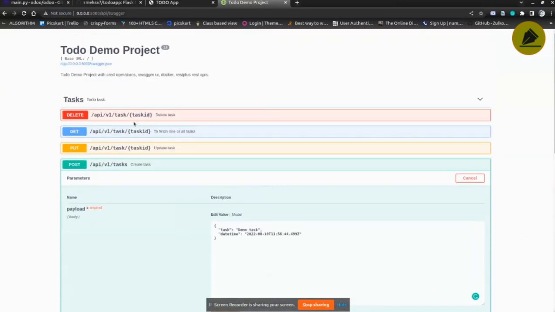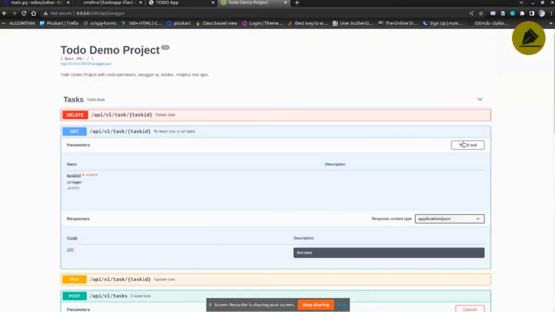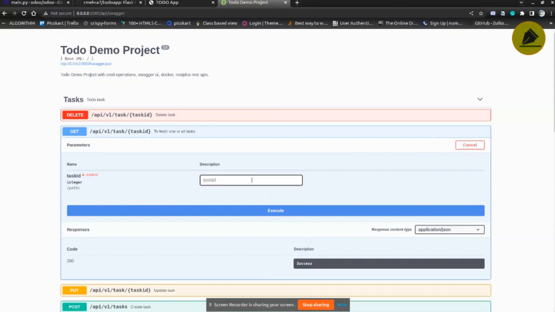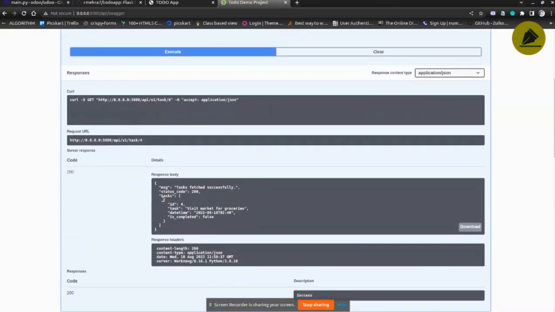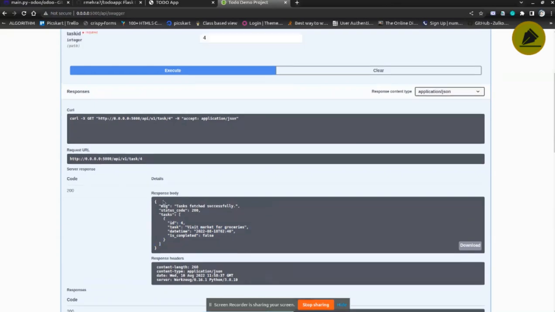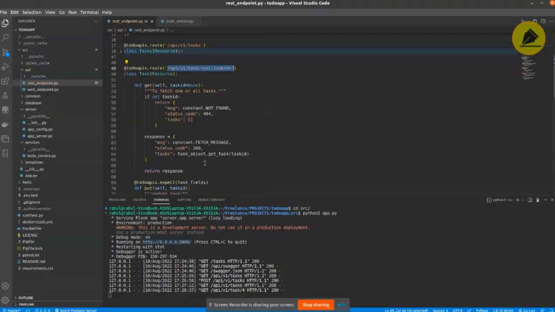For trying it out, here we need to pass which record we want to retrieve. Let me retrieve a task with ID 4. So you can see here, right? It returned the task record that has ID 4.